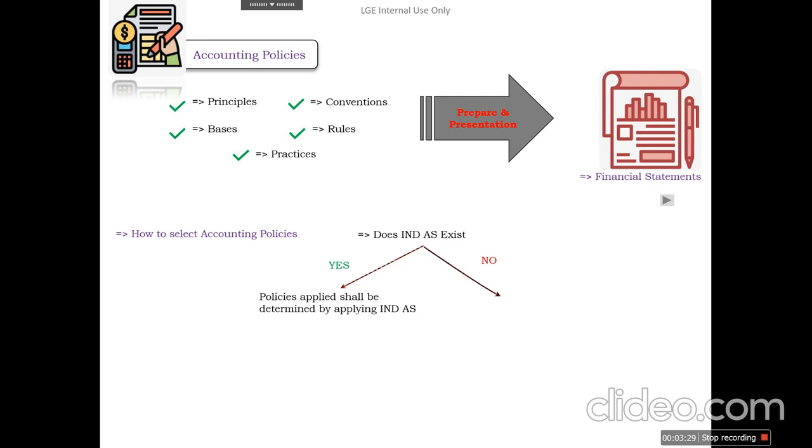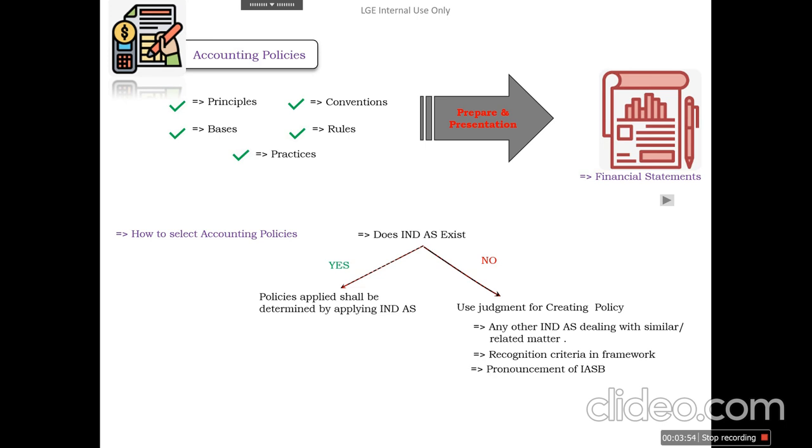And if there is no Ind AS, we need to use judgment, and the criteria we need to follow are: we need to check whether there is any other Ind AS dealing with similar or related matters, or whether there is something related in the conceptual framework,